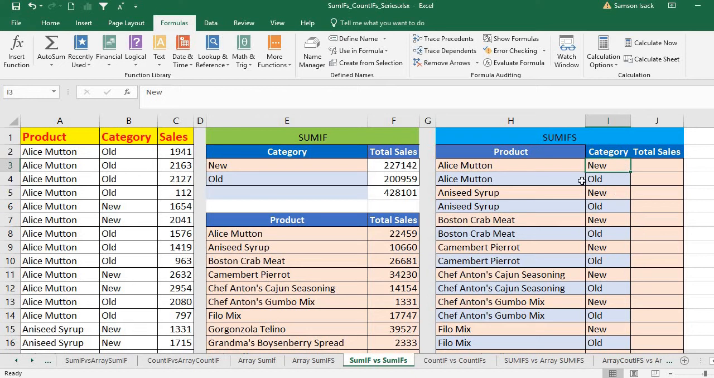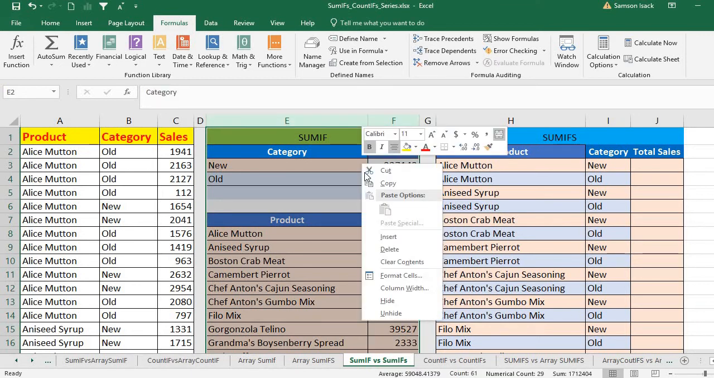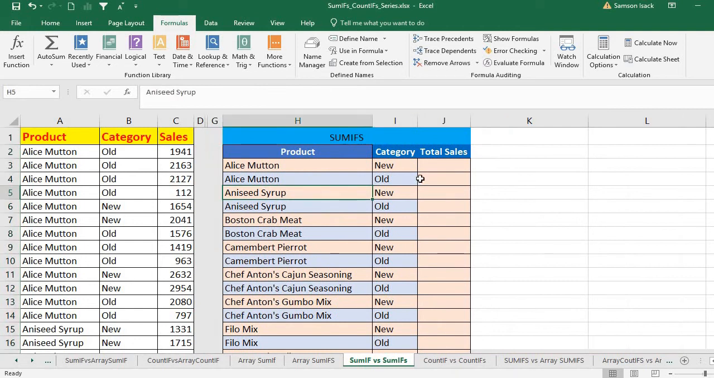Okay, how to do this example? Before I do this example, I just hide this one so that we will have it properly. Okay, so now how to do this one? Equal to,